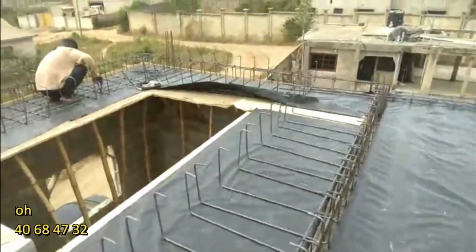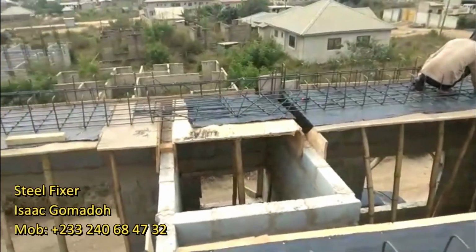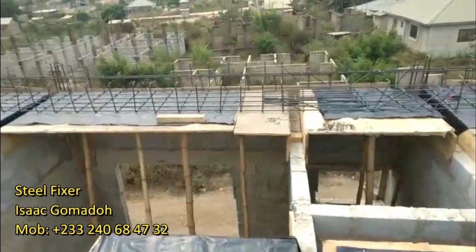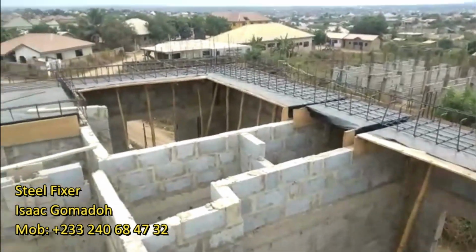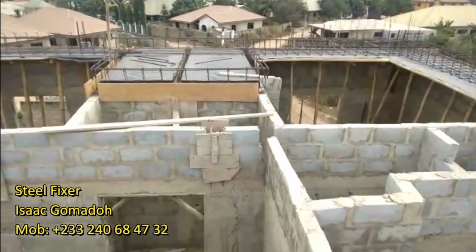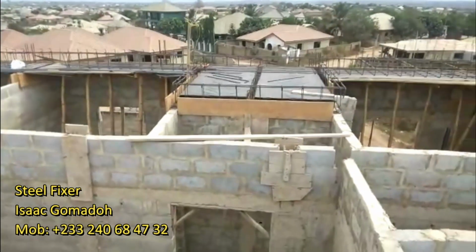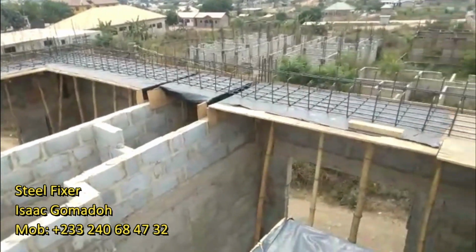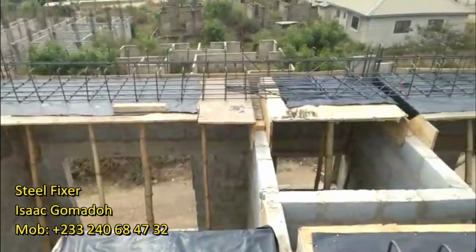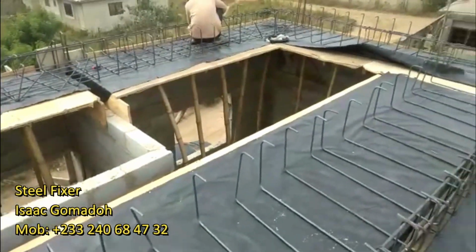The steel bender is working with his boss. Isaac Gomado came with his boss, and they are all working for me. And like I said, all they're doing, I did not pay for it. Understand? And I must be grateful to Isaac Gomado for his generous gesture. I'm so grateful to all the artisans. For carpentry, Joshua Edem, I did not pay any, and for steel bending